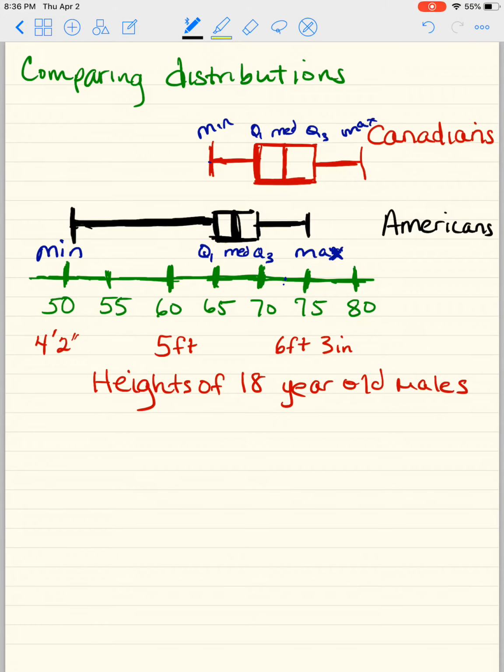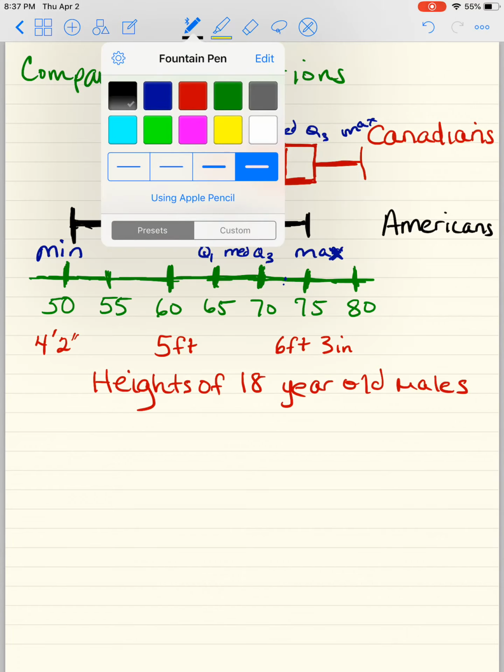So I created this example to demonstrate what I mean. These are the heights of 18-year-olds from Canada and America. We do not know how many there are. Remember, box plots only show us the 5 numbers. Since a box plot is made of 100%